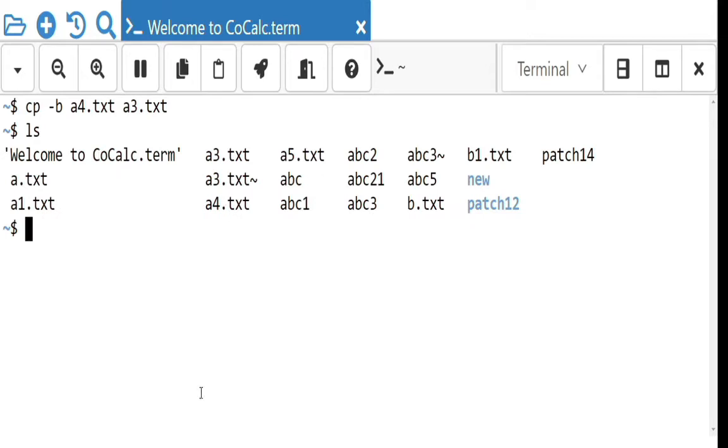See what happened here. Initially only a3.txt was there. Now the backup file of a3.txt will be there. The previous contents of a3.txt will be stored in another file, distinguished from the source file by the tilde.